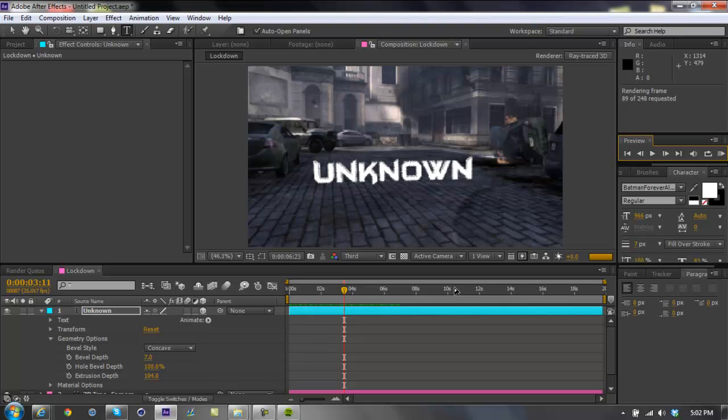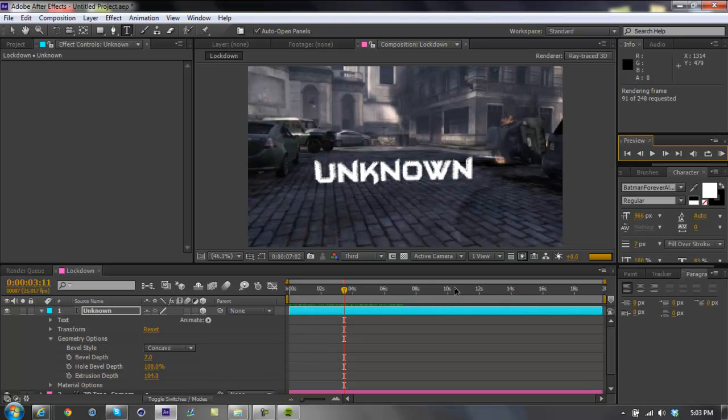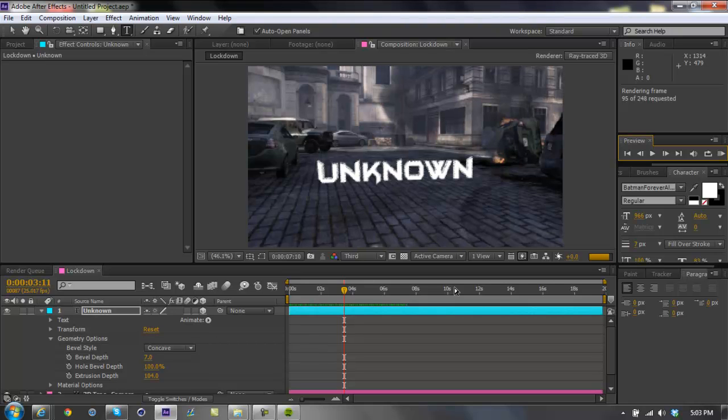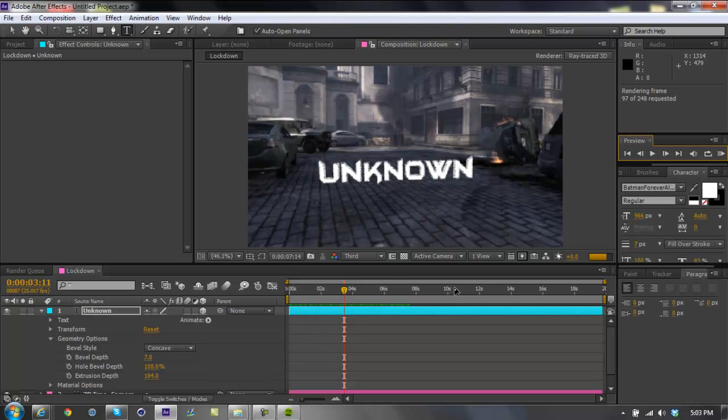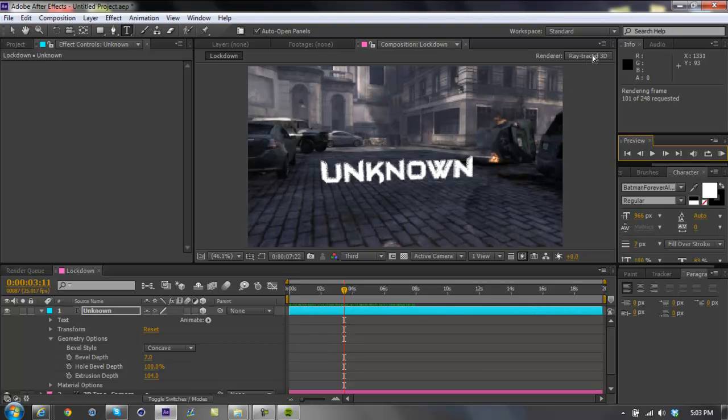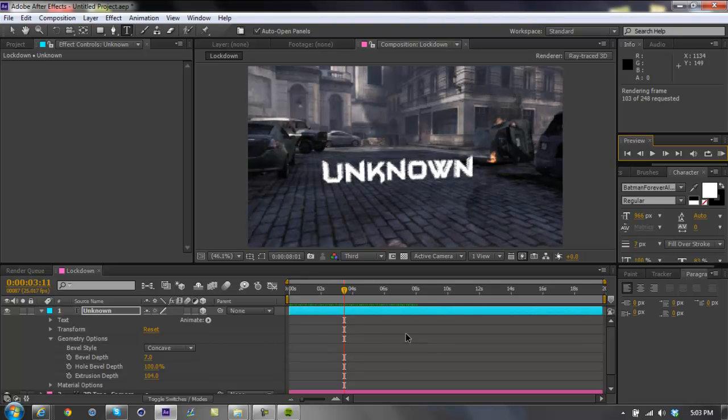So yeah, I recommend this for any editor, because it's so much easier, but it actually does take a little bit more time. You have to put a little bit more effort into an edit, and then rendering it, whenever you're done with the cinematic, you cannot undo the ray trace 3D. You have to render the cinematic, and then you gotta unclick it. So yeah, it gets a little lengthy,